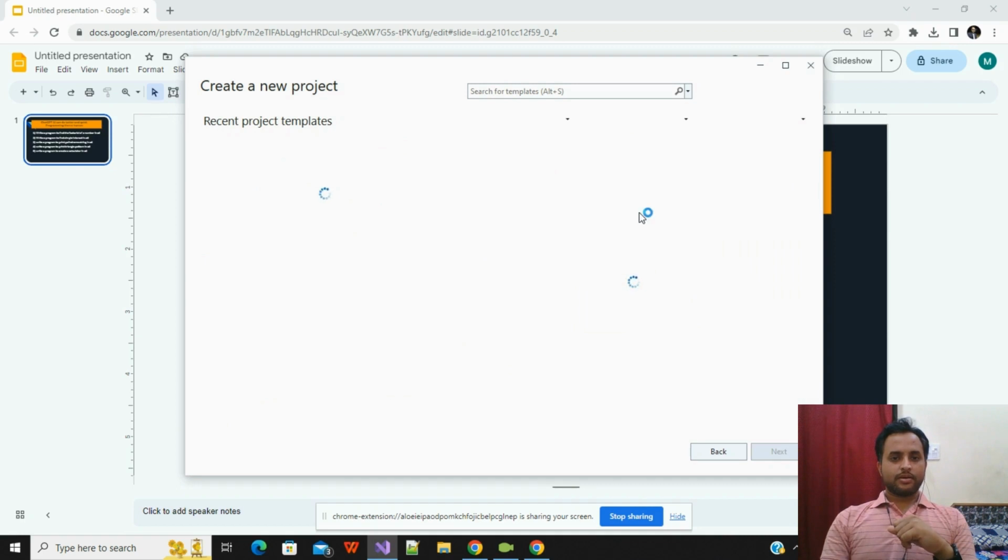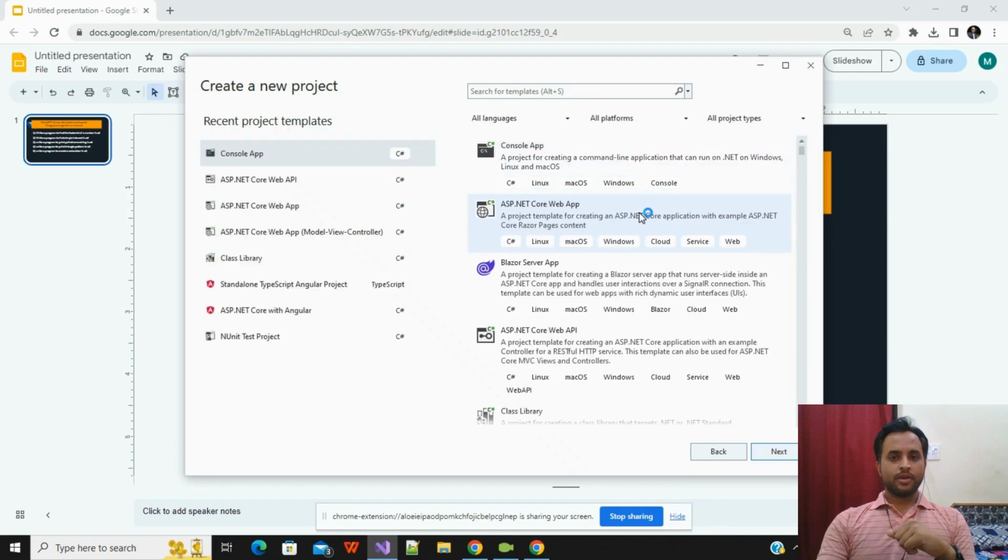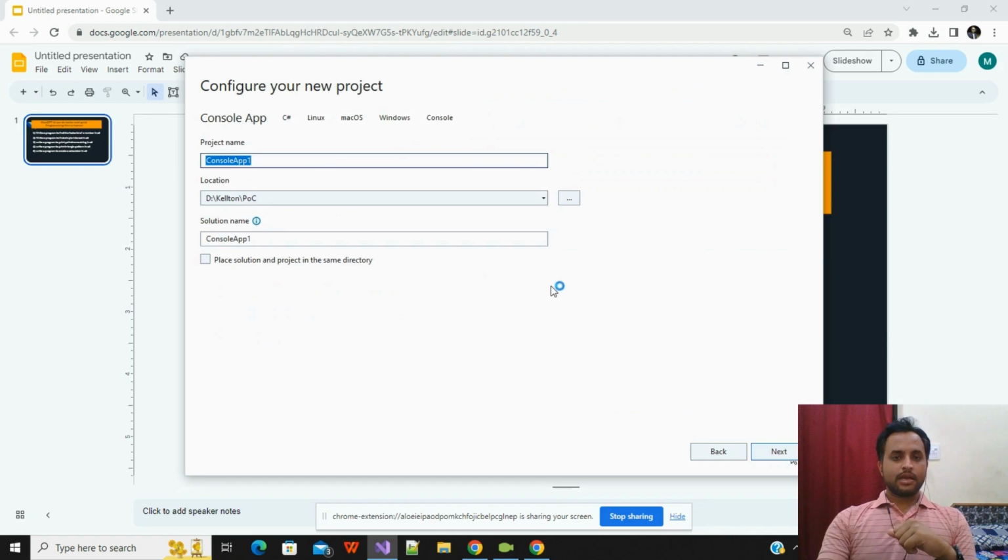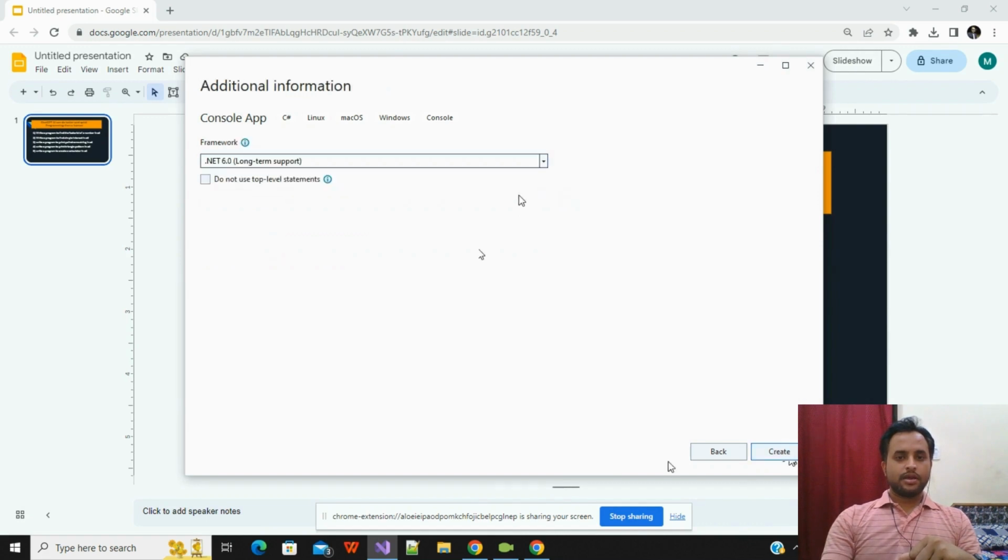It is opening right now. I'm opening Visual Studio 2022. I will take the console application. We'll go next. I will write here ChatGPT demo. Any name you can give according to your requirement. I have provided a specific folder location. Here I will go next, and here by default we have .NET 6 and .NET 7 as well,